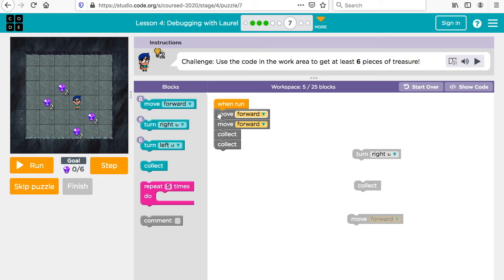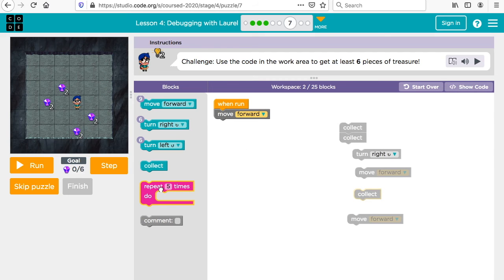So let's take a look at this. What's the first thing I have? I have forward, forward, and then what do I need to do? I have collect, collect. So I'll probably take these and put these to the side, and I'll say, you know what? Let's move forward, forward. Let's do 2 forwards, and I'll just use a repeat forward to make it simpler. So 2 forwards,